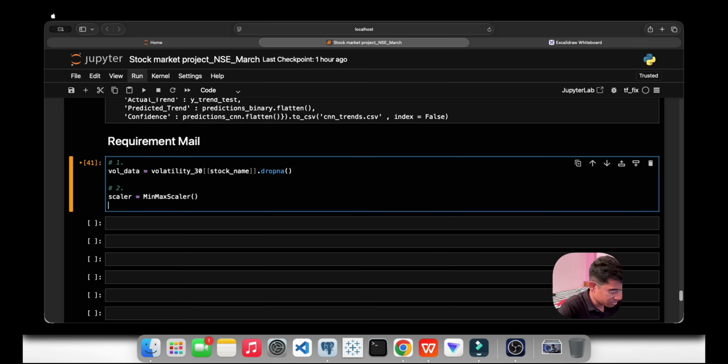Let me write it so that you will understand. I will write vol, and let me give a name so that it is easy for you to understand: vol_scaled equals scaler.fit_transform, and in this I will give vol data. You know where vol data came from? Okay, that's it. Right now let's understand what vol_scaled is. Obviously vol_scaled is a variable name. So what is this scaler, fit, transform, all those stuffs?